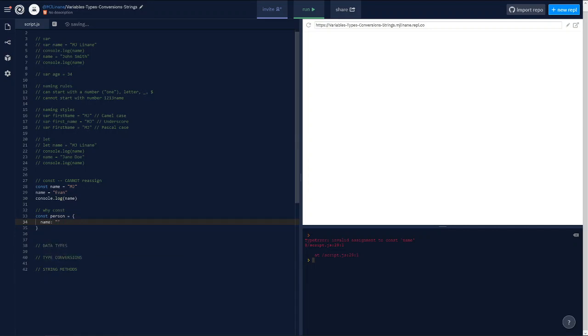But I'll show you real quick. So if we're going to do something like this, where name is MJ, and then we can do age 34. So here we have an object that we don't want to change. Things are not going to be changing about this. I mean, yes, I know that the age can change or the name could change, like legally and stuff like that. But let's say maybe it wasn't age, maybe it was a birth date,